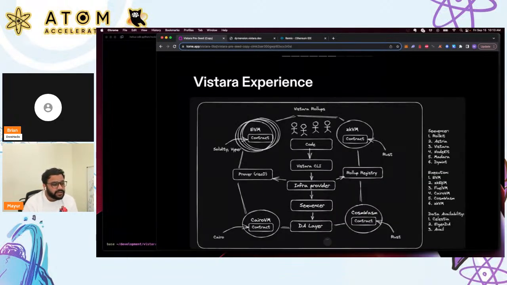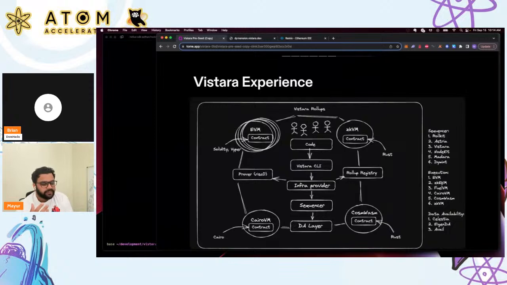So what we want to provide at Vistara is more flexibility. So we believe that we can't force developers to follow either OP Stack is the only production ready use case, or Cosmos is the only correct VM implementation that you want to create your blockchain on.